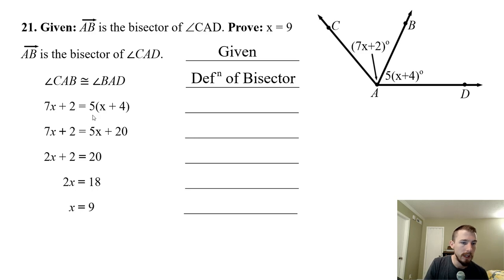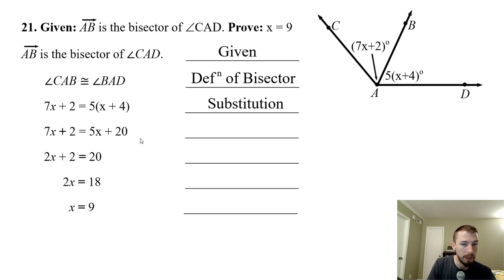Alright, next one we have here is 7x plus 2 is equal to 5 times x plus 4. Now, we got those values from the expressions here by substituting in. If we know that the angles are congruent, we know their expressions are equal, and we can set up an equation by plugging those in. So this is simply substitution, so we substituted the expressions in for the measurements of the